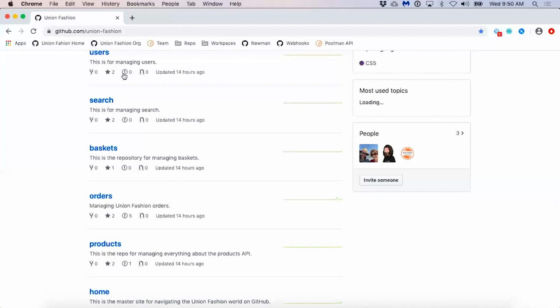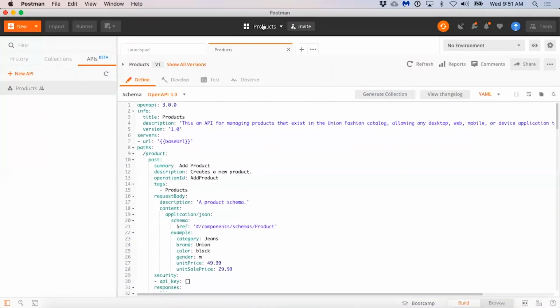And we'll talk a little bit about how these repositories and their APIs are mapped to the workspaces for each of these APIs.